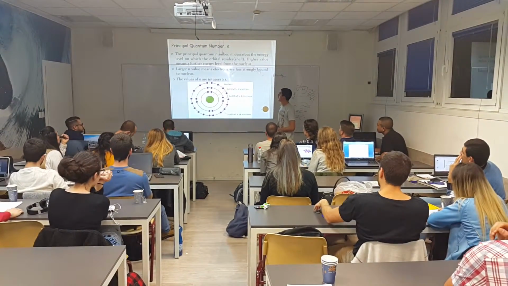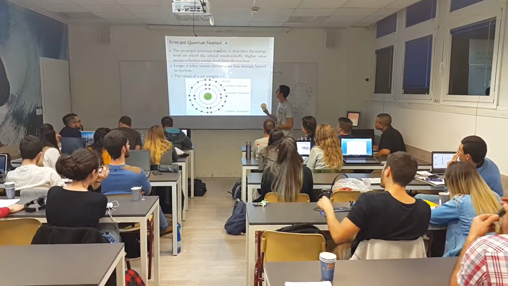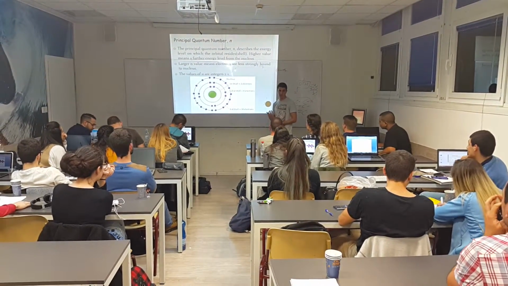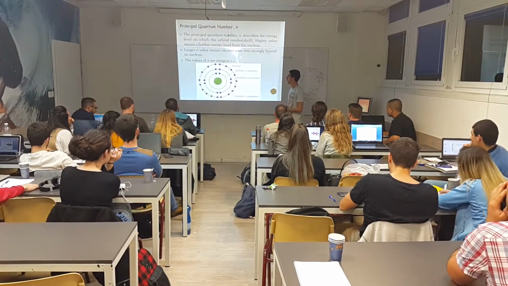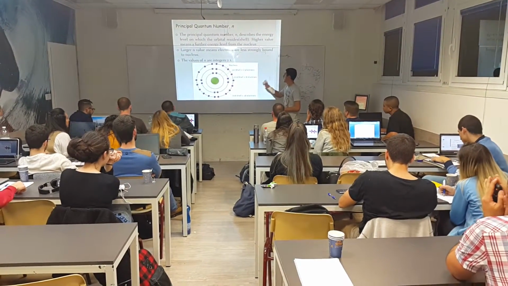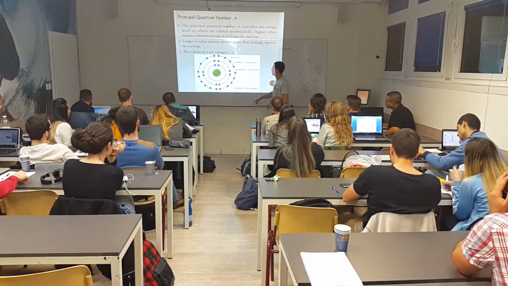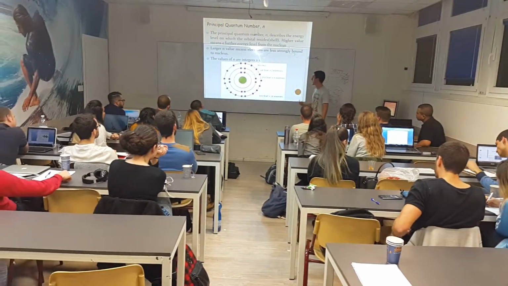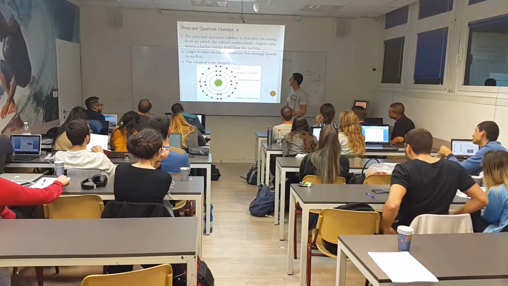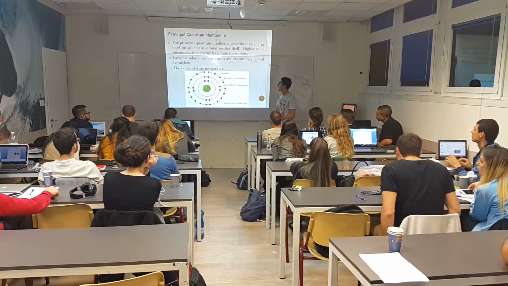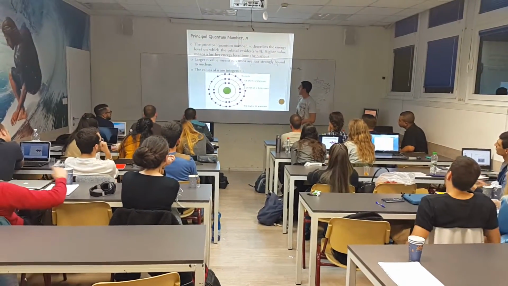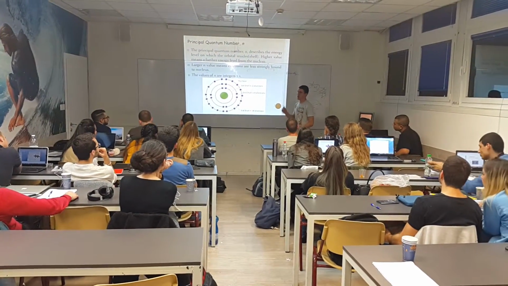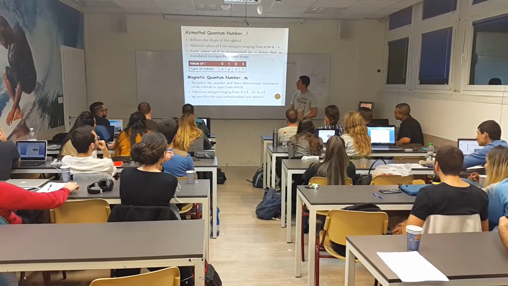Okay, so the first quantum number is the principal, which we use the letter N. It's the energy level of the atom. With each level we have a different number. We start from the first shell, and we go along. We have the second shell, the third shell, and that's what this number describes. The values for N are 1 and above, because this is the first shell, and we continue.